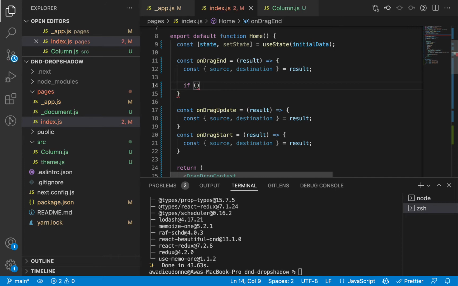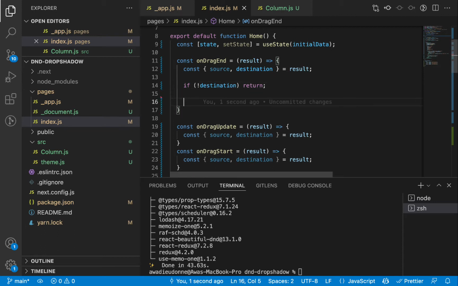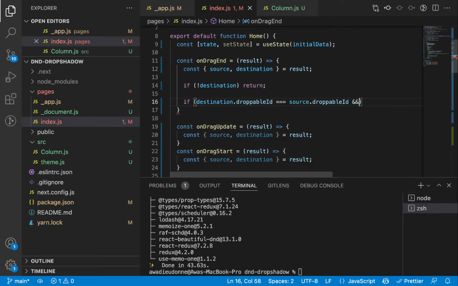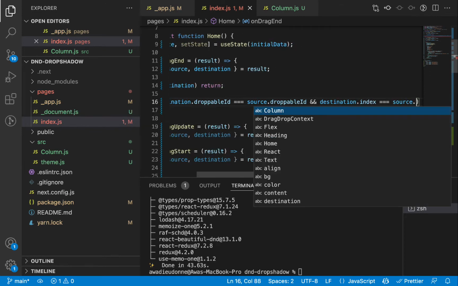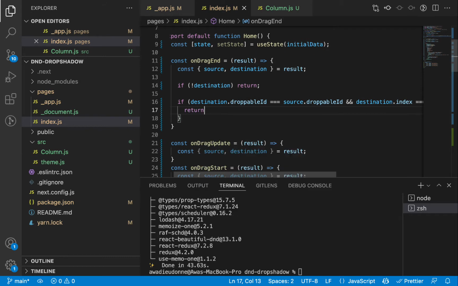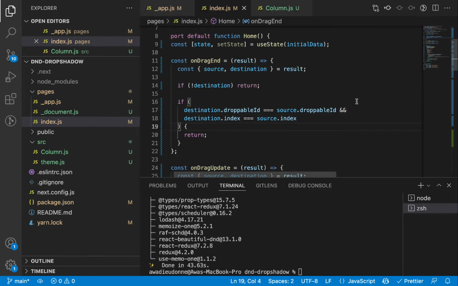Check if there is no destination, so if the user didn't drop in a new location, or if a user drops in an unknown location, that is, a destination which is not within the droppable, it should just return null or void. Otherwise, if the destination, so what this does is,